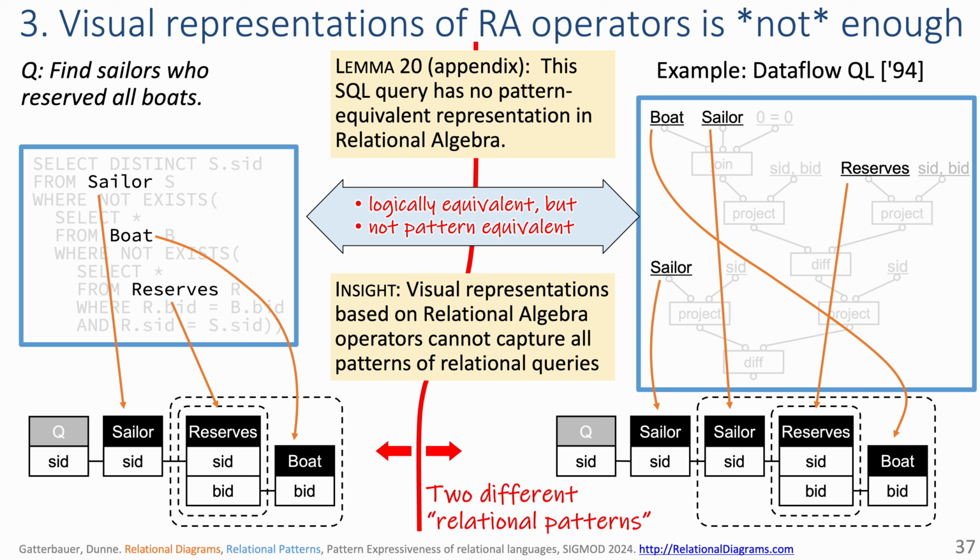So what our lemma in this paper implies is that any visual language that is a direct visualization of relational algebra operators is not able to represent the pattern used for this very query on the left. You'll always run into the problem that the visual representation will show you two scalar relations. And is the visualization on the right then really helping us understand the query on the left, its logic, the intuition of its relational pattern?